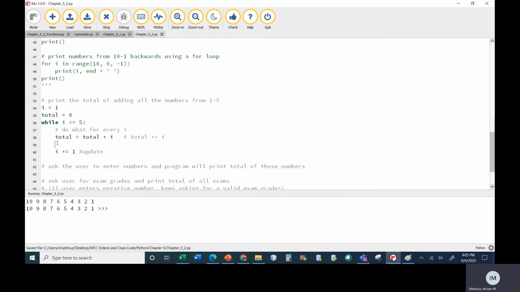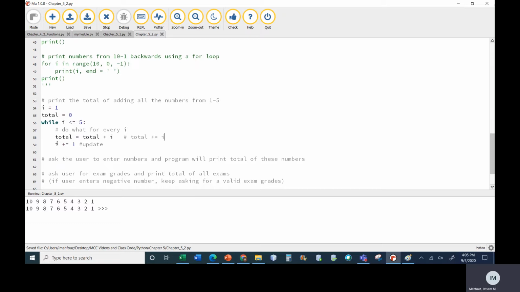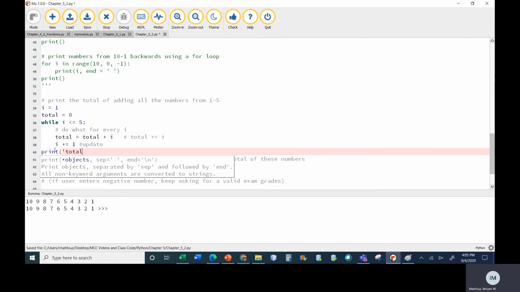This is basically the whole code. That's it. I'm saying the first number I want to add is 1, and I'm going to go until I reach 5 in increments of 1. And for every number I'm seeing from 1 to 5, I want to add it to a total. So I'm going to start off a variable total with 0. And when I'm done, after the loop, I'm going to say the total is,